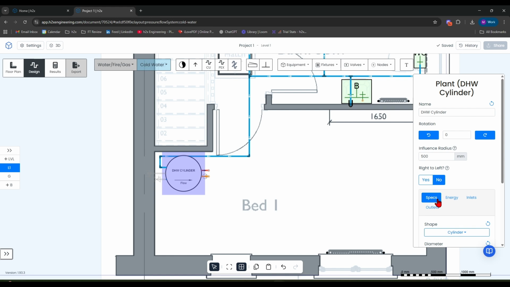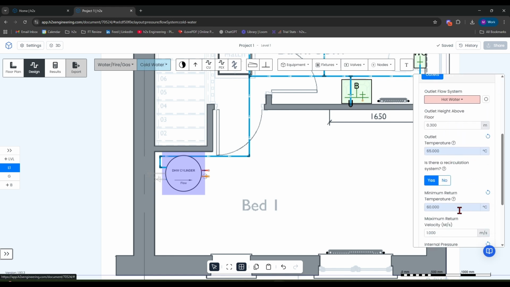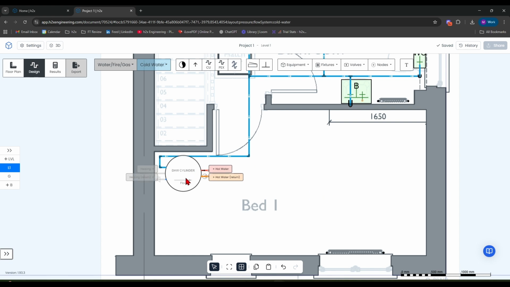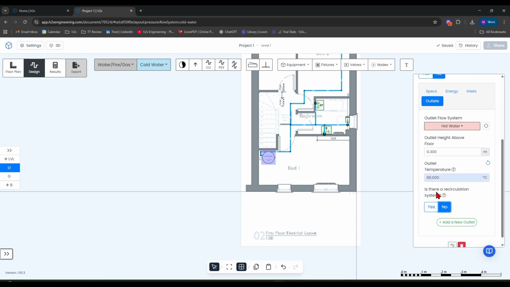On the cylinder itself, you can go to the outlets tab and you can select what your flow and return temperatures will be in the case that you want to design a hot water recirculation system. I'll do a separate video on hot water recirculation systems and how they work, but for the sake of this design, because it is a smaller residential property, I'm going to go to outlets and say that this isn't a recirculation